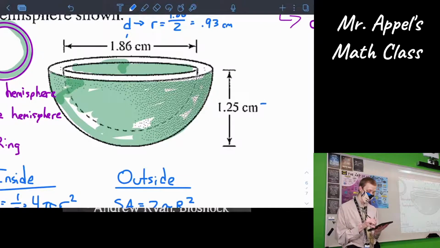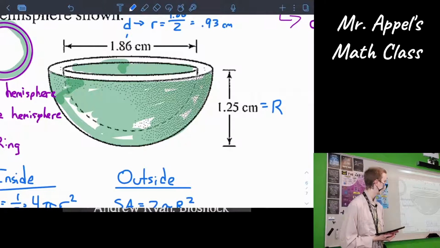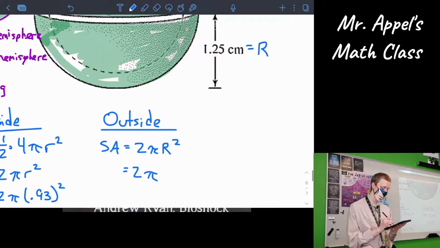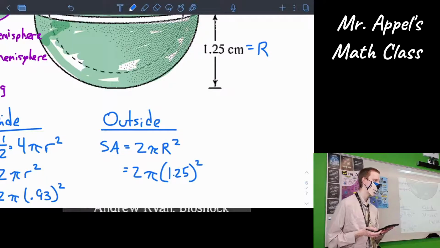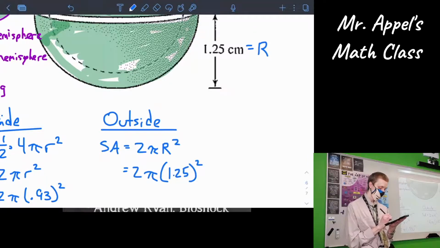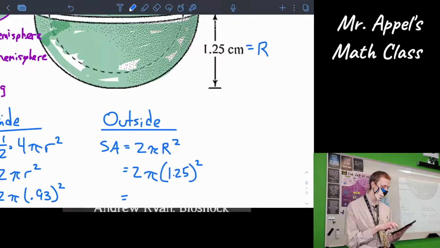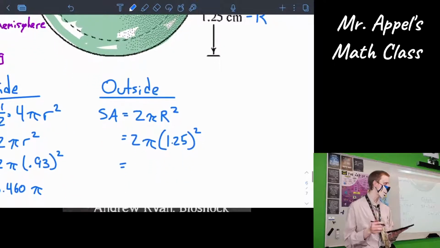That is our big R. Okay, so bring that on down. 2 pi times 1.25 squared. So let's get to 3 decimal places in terms of pi. That outside surface area is